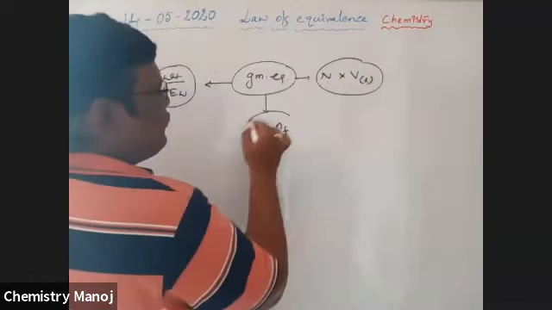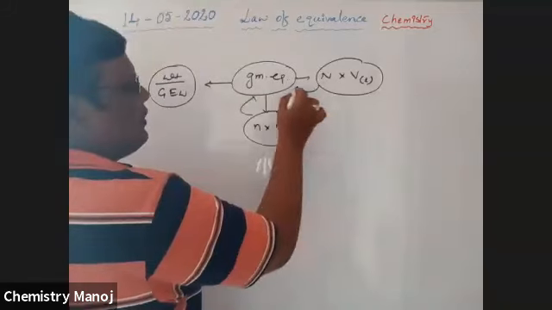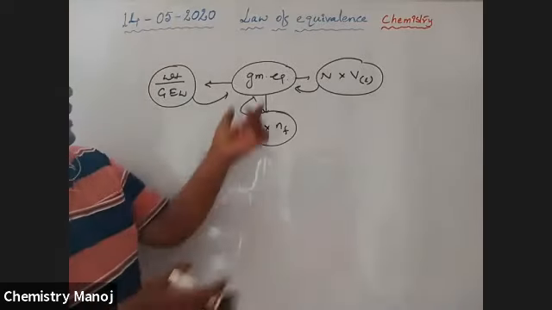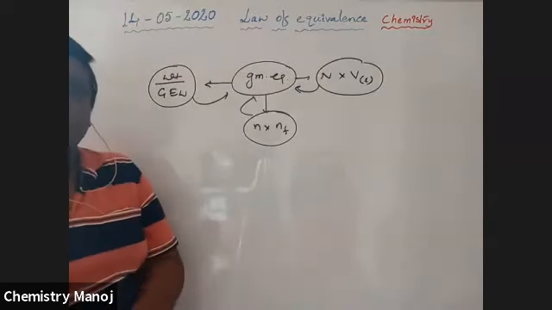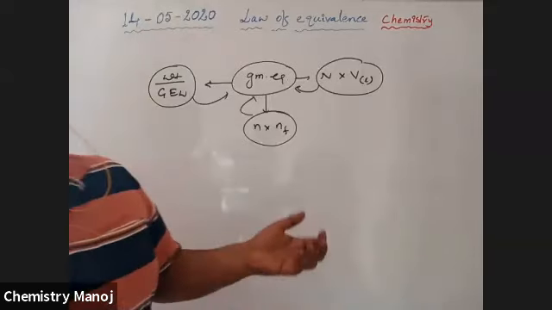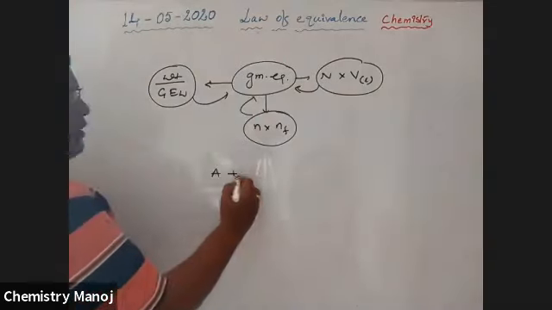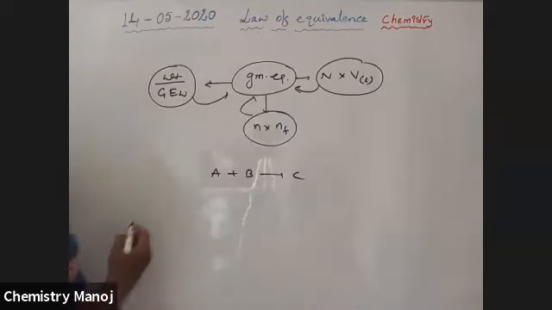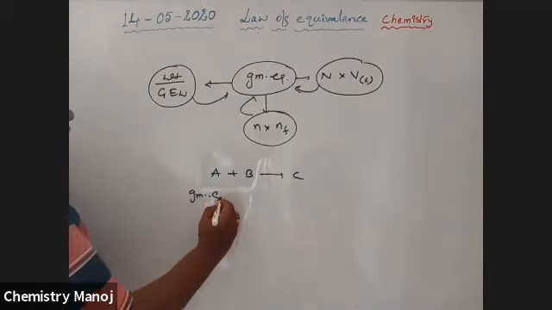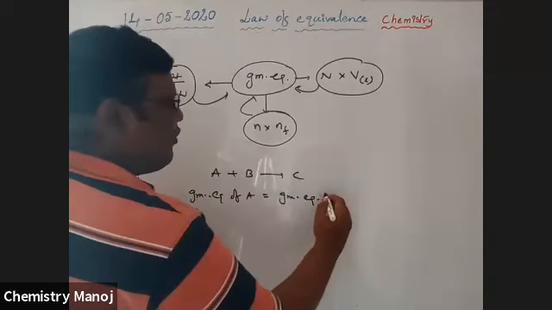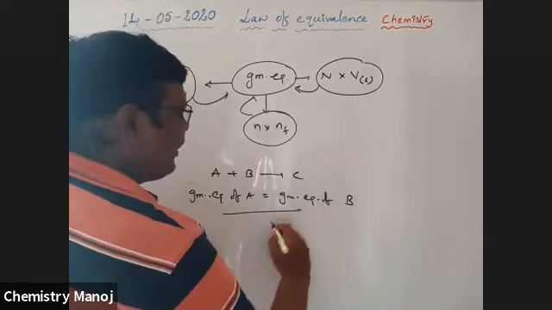All these are very useful to calculate gram equivalence. Any one of these formulas is useful to find out the gram equivalent of the substance. Why, sir? Why is gram equivalent needed? Because whenever a chemical reaction takes place, A plus B gives C, gram equivalent of A must be equal to gram equivalence of B. No doubt it is applicable.